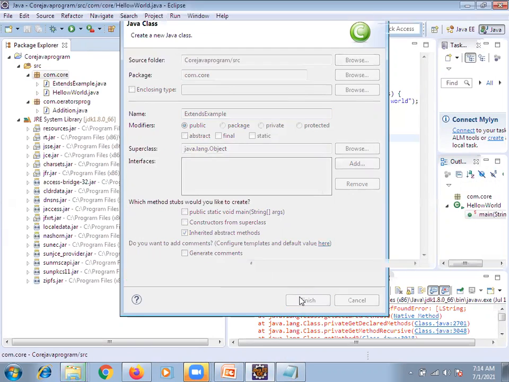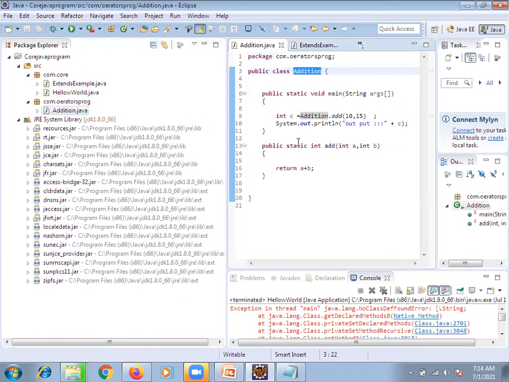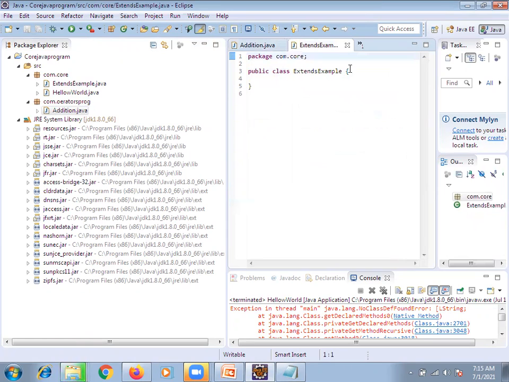Now I created this. I want to use this addition method. This addition method is there in this class. Now I want to use the same method in another class. What do I need to do? I need to create the class object here.